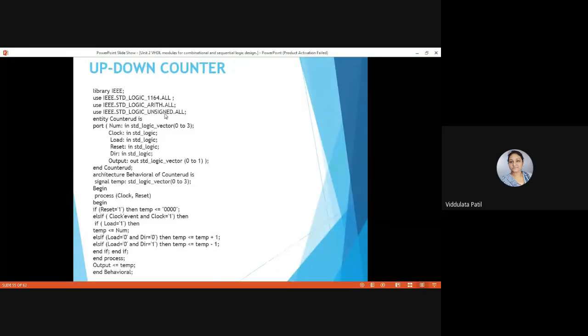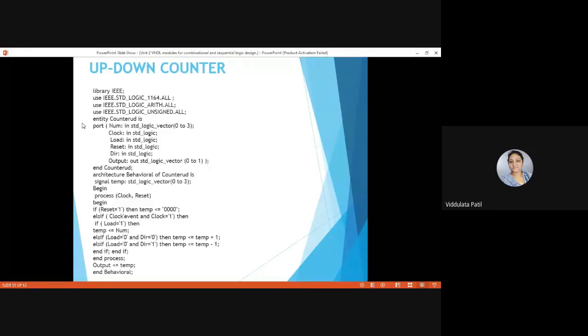That is going to add unsigned number functions to this program. So we have added certain packages to this program which are present in the library IEEE.